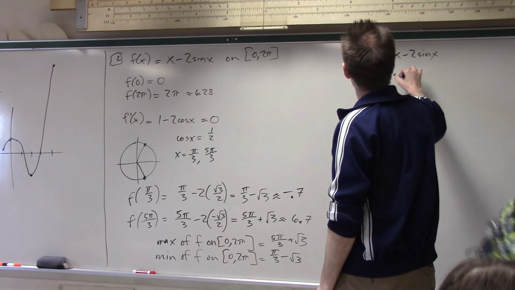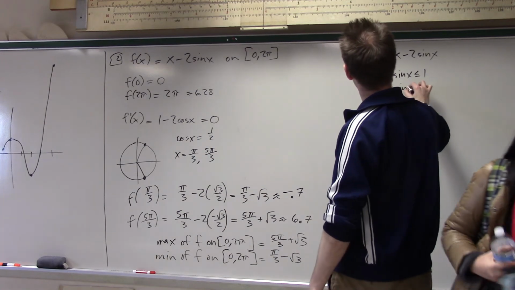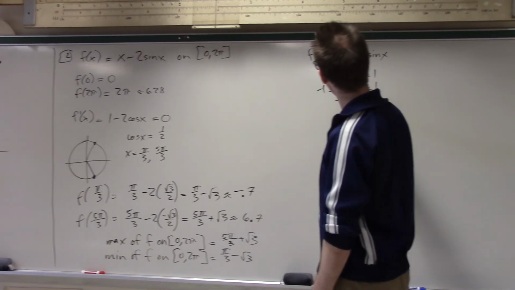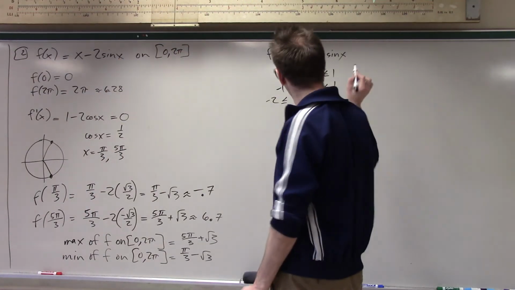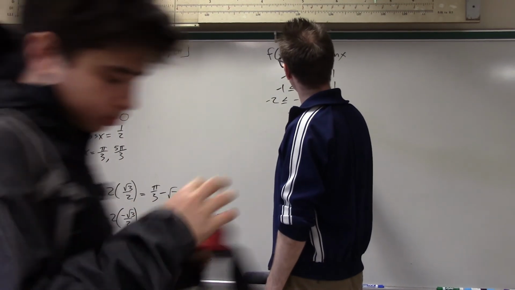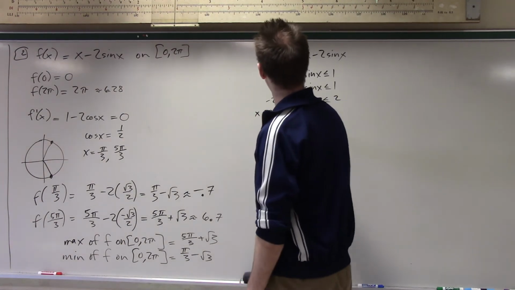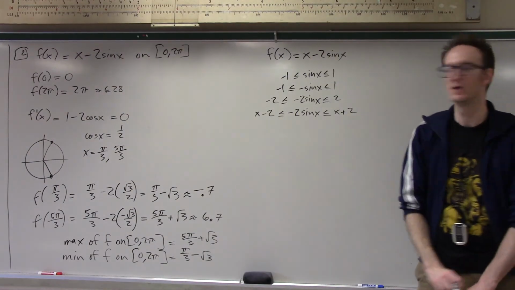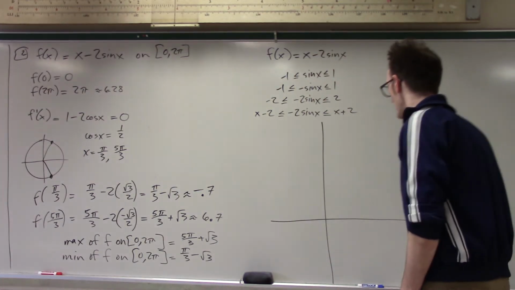We would have noted that sine x is between -1 and 1. So negative sine x would also be between -1 and 1. So negative 2 sine x would be between negative 2 and 2. And so x minus 2 sine x would be between x minus 2 and x plus 2, by adding x to both sides of it. Right, and so we can say that this function is contained within an envelope of